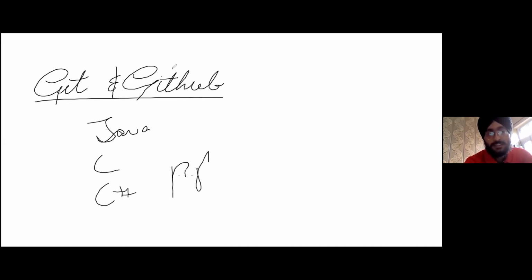You might be thinking, what languages can be used in GitHub? There are n number of languages that you can use. It can be Java, it can be C, it can be C++, it can be Python, it can be JavaScript, it can be any language that you can use on GitHub. All right, there's no limitation on it. So now I'll be telling you how to use GitHub, and before that I'll be telling you what repositories are and how to make a repository on GitHub.